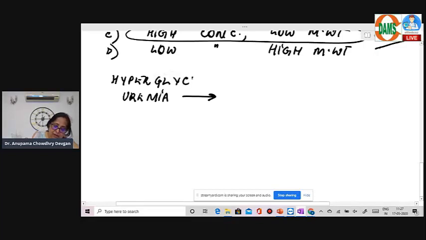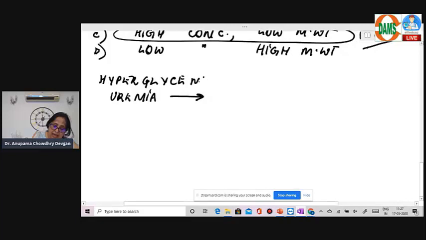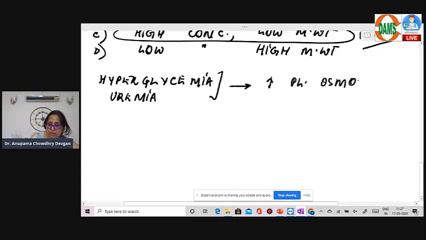A patient of hyperglycemia and uremia, they both have an increase in plasma osmolality. Do you agree with me? Yes? If glucose levels are elevated or urea levels are elevated, both will show an increase in plasma osmolality. But a patient of uremia,